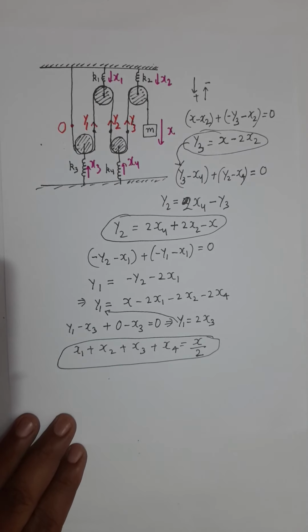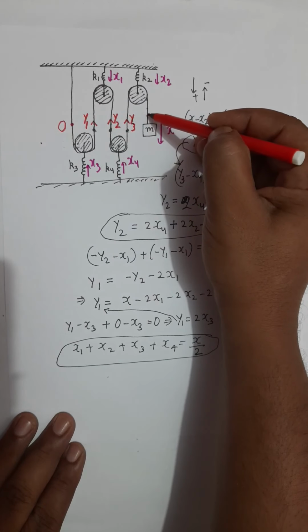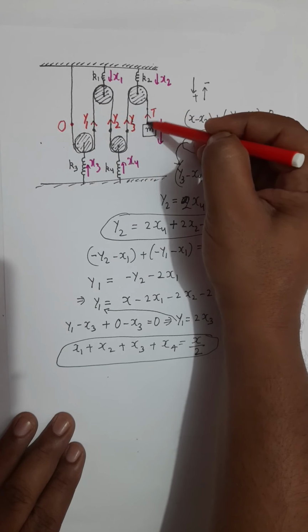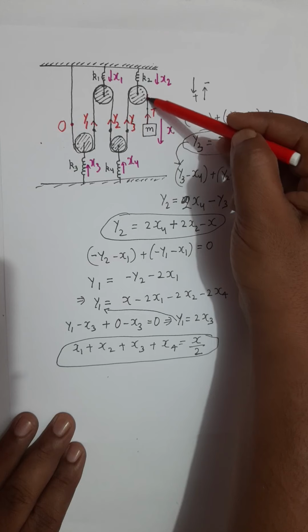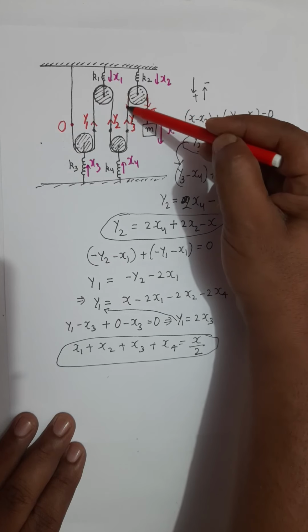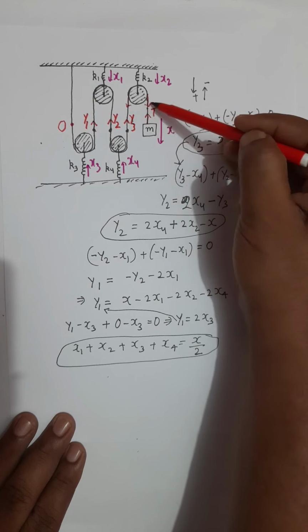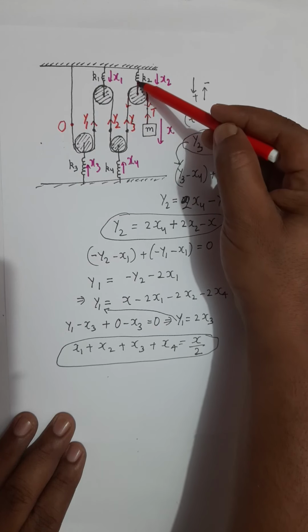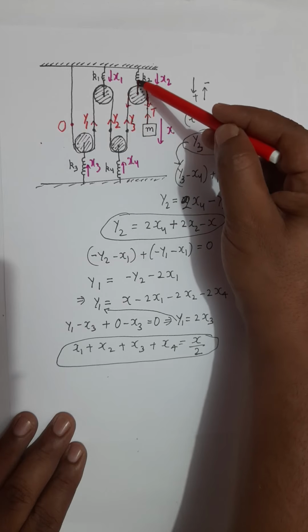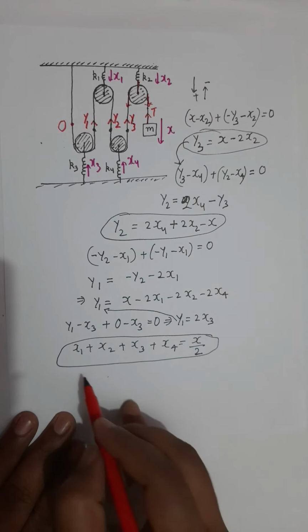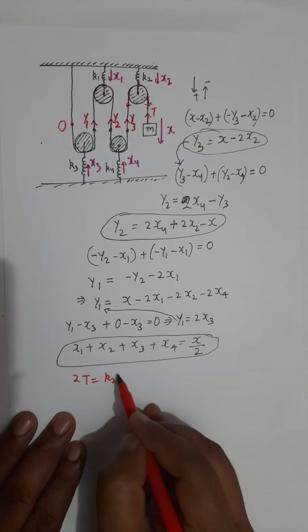Now you will follow the free body diagram on pulleys and notice that if capital T is assumed as the tension force in the string, for this pulley tension T is in the downward direction, tension T is in the downward direction. So you will have 2 times T, which should be balanced by this spring force because it is a massless pulley. So T downward and T downward, which is total 2T, should be balanced by this spring force K2x2. So you will write 2T equals to K2x2.